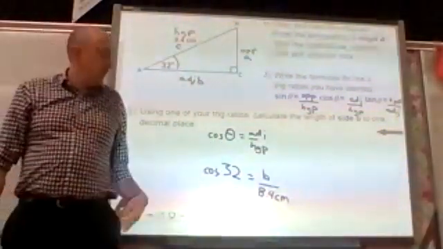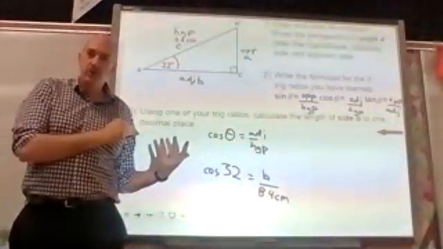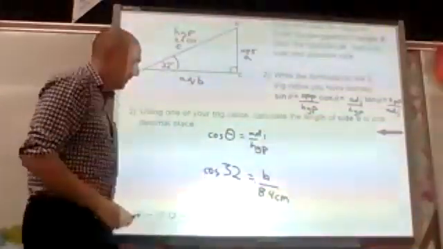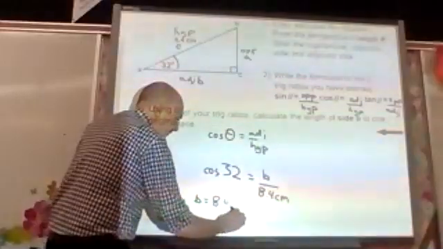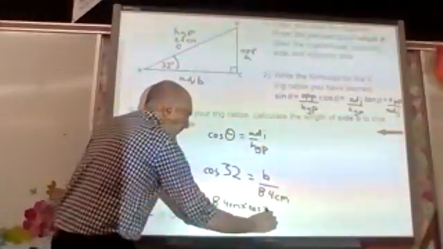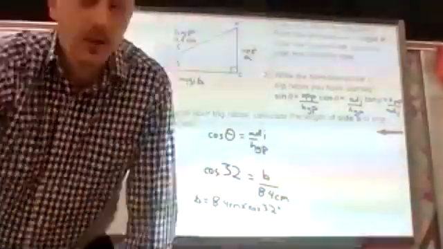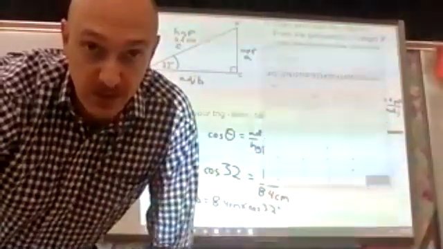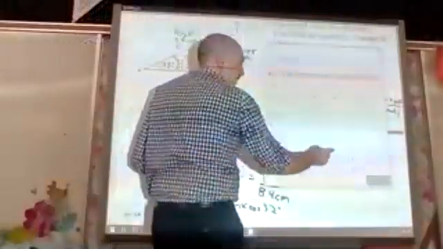When my variable's on top, I multiply by the trig ratio. When my variable's on the bottom, I divide by the trig ratio. In this case, it's on top. So b is going to be equal to 8.4 centimeters times the trig ratio, cosine of 32. Pull up my calculator. They're pretty necessary for this unit. You actually can't do anything without them. 8.4